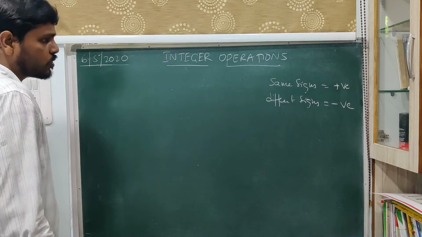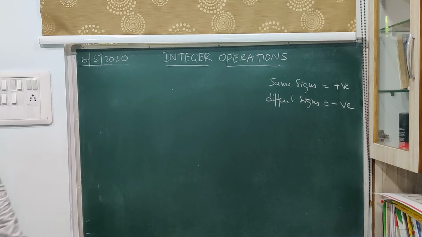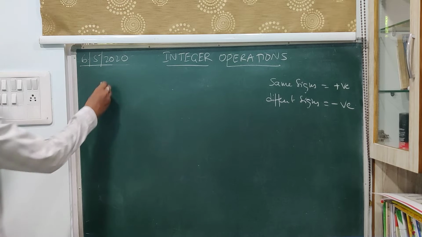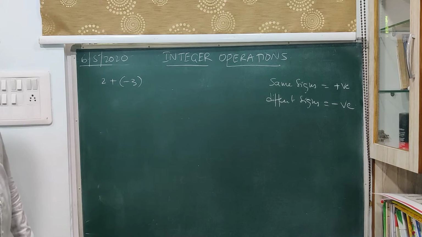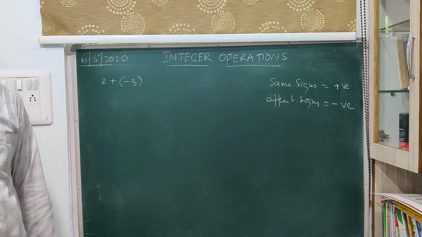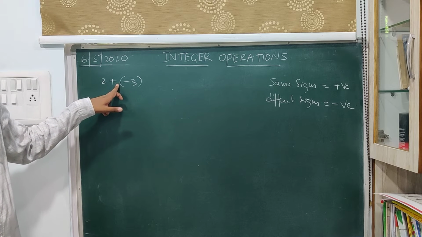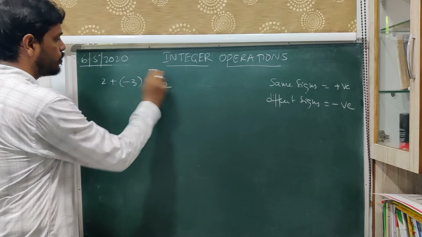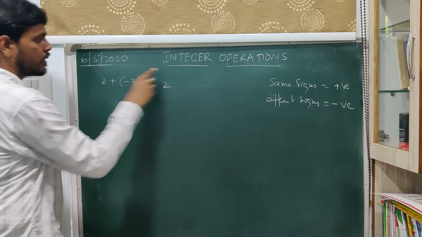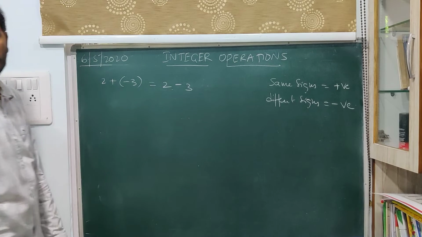Now for additions and subtractions, to generalize it, we use the same rule that we have applied on division of integers and multiplications of integers. First, suppose say you have 2 plus minus 3. Now whenever you have a bracket, as we have discussed earlier, that indicates multiplication. Now here there is no number to multiply. Assume that you are multiplying a number called 1 in that particular case. Now 1 into 3 gives you 3. Now these are numbers of different signs. You will keep a minus.